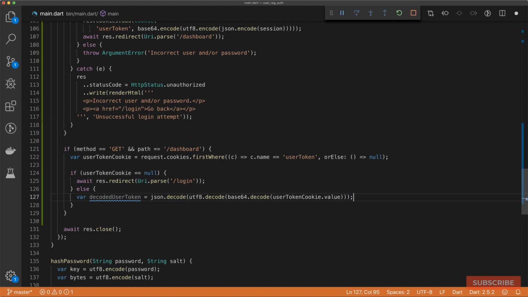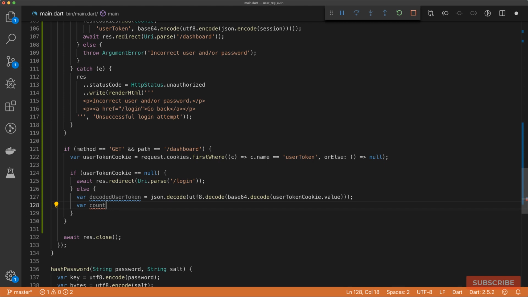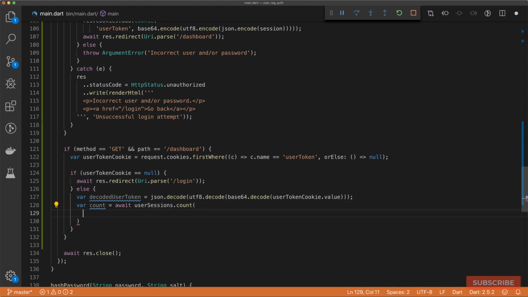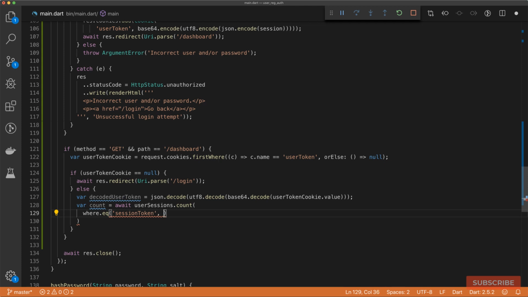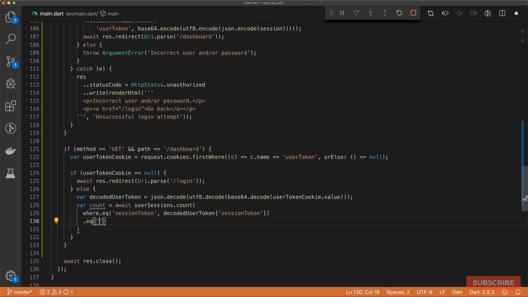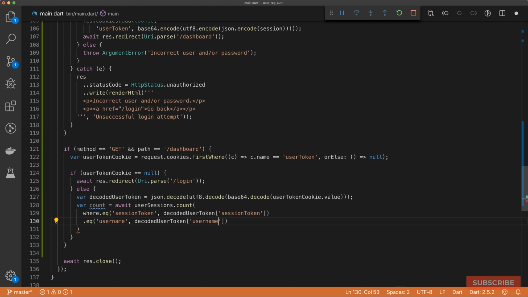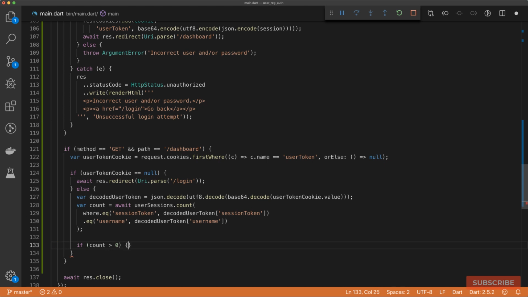And once we've got our decoded value, we can check our session store to see if it exists. So we'll say count await user sessions dot count, and in our count we want where equal the session token. So if the session token matches the session token from our decoded user token, and also we want to check where the username matches the username from the decoded user token. So at this point, if count is greater than 0, so it exists,